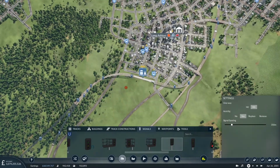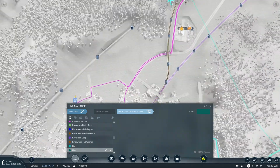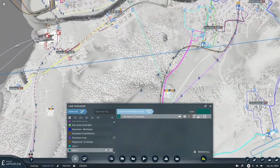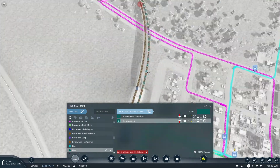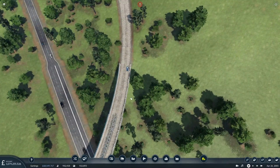And we are done. So that means I need a new line, and this is going to be coming from this train station I've lost. There you are. Oh, what should we call this one? We'll call it Clevedon and Tickenham, because that's where it is basically. And you're going to Long Ashton. And you cannot connect all stations because there is no, yeah, there's